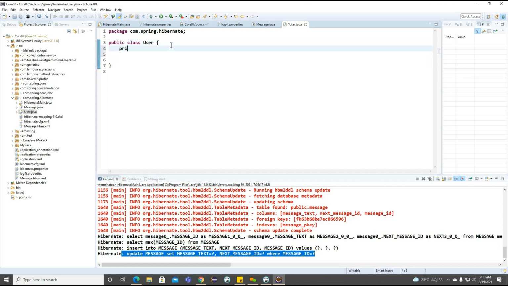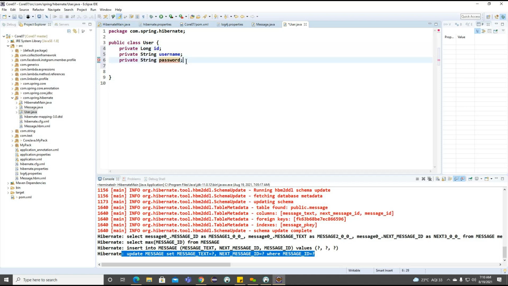Now what I want to write here, I want to define private username, and we can define this particular password, and long ID.